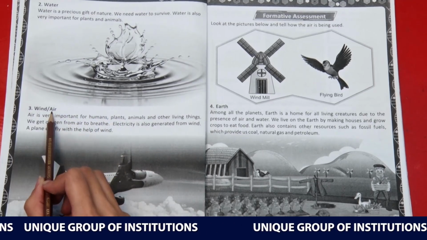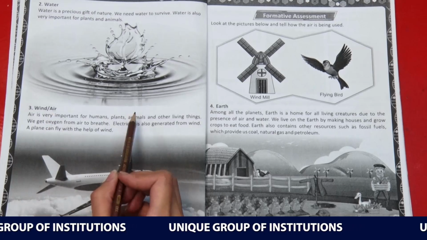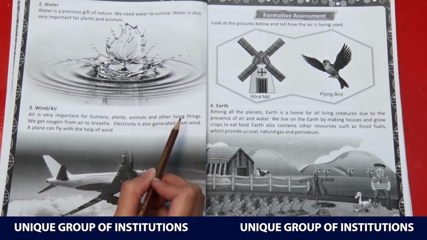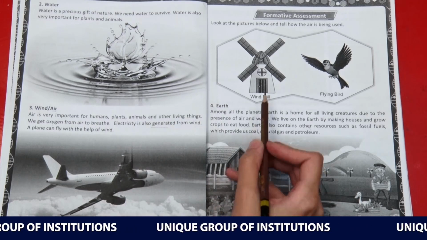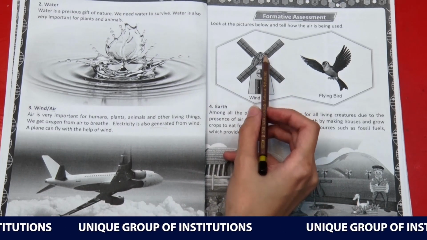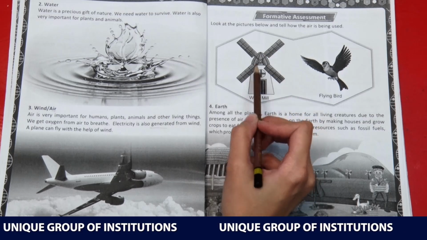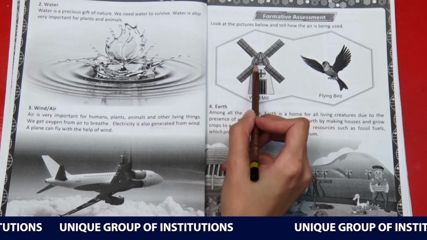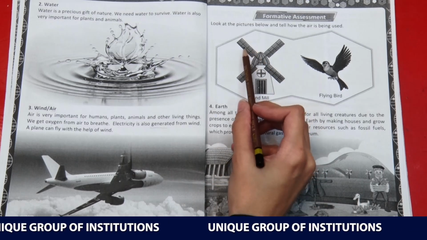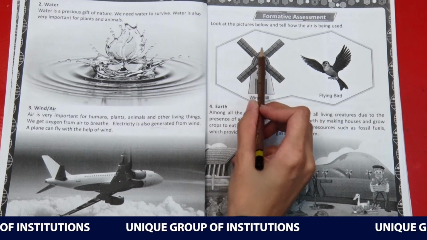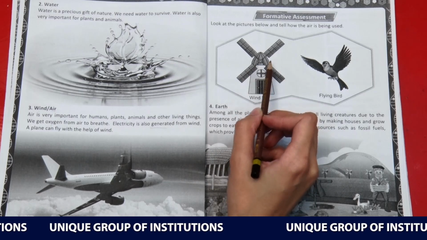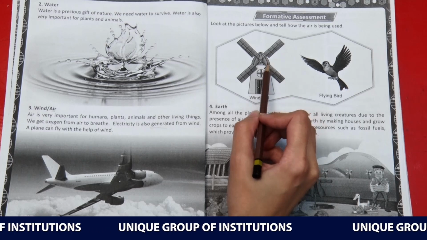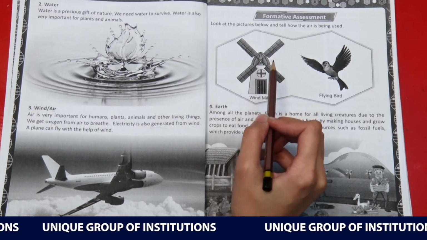Now what we are going to discuss here is the concept of how we generate electricity from the wind. As we move on to page number 4, we see a windmill. A windmill is a kind of building that has fans rotating around a circle. When the air moves, the fans of this windmill also move, and through this we have batteries attached at the back, through which the electricity is generated.